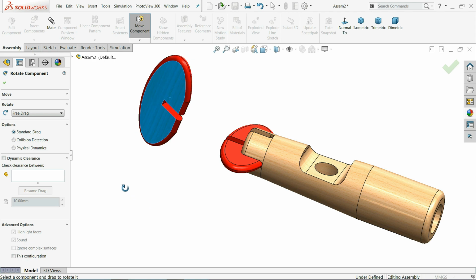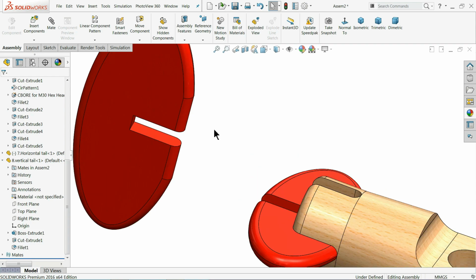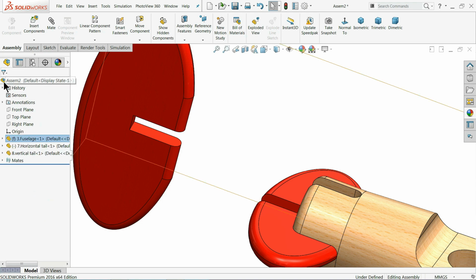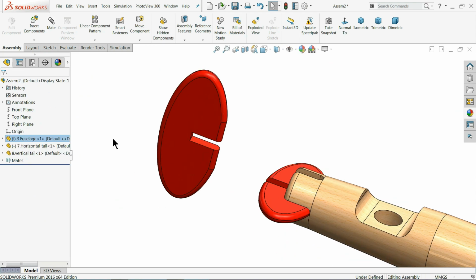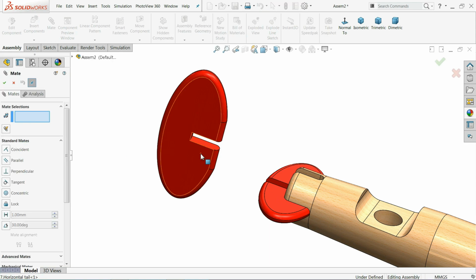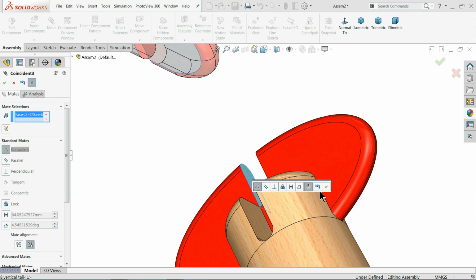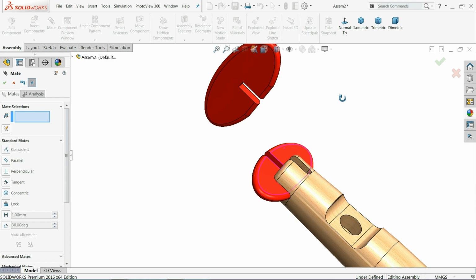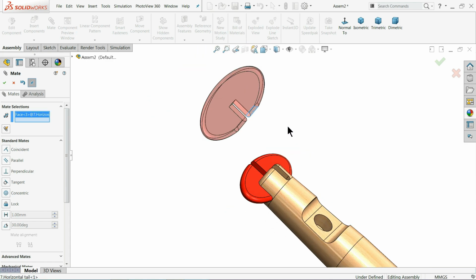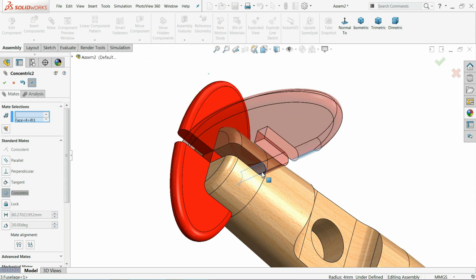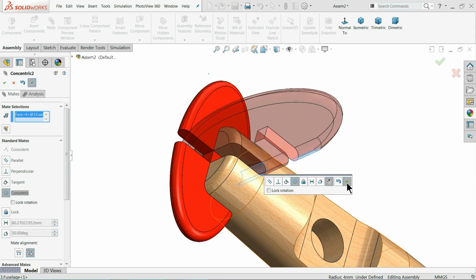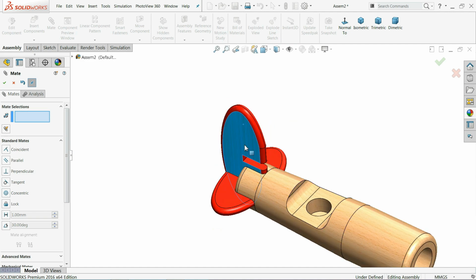Now let me tilt or rotate this part. Now let me drop down this menu, close. Mat, I'll choose this face and this face, coincident relation. And select this surface or edge, curve, this concentric relation, because both are in concentric position. Now this is moving up and down, so here also we need to apply the same rule.